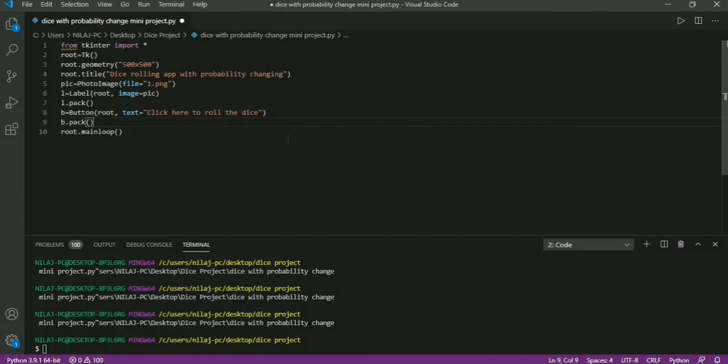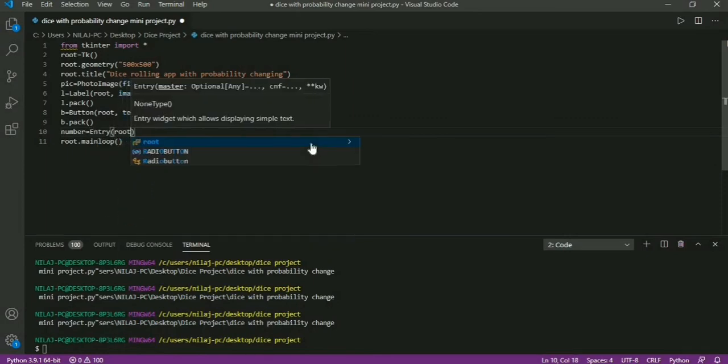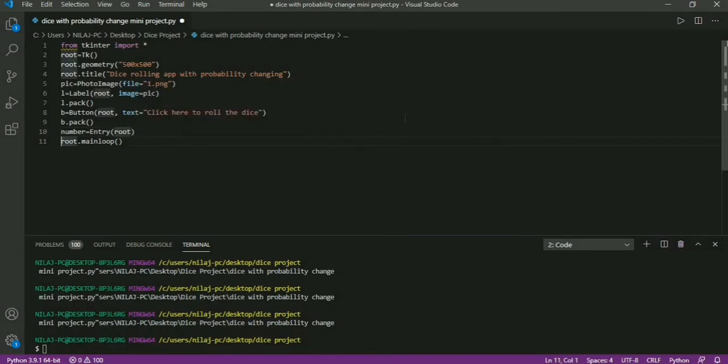Now I will need an entry box to get input from user, so I will create an entry box named as number entry. Here I will pass root and I will use pack method for it. Now let's run the code.